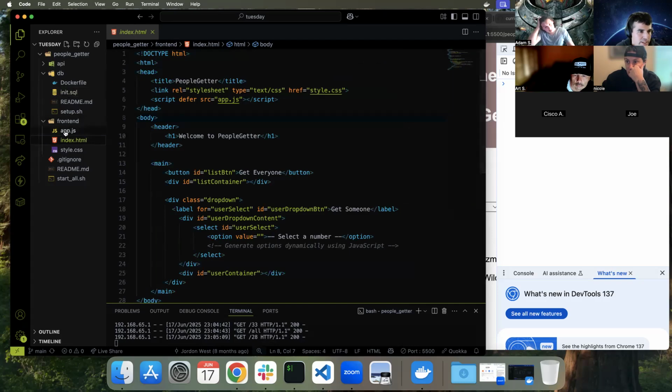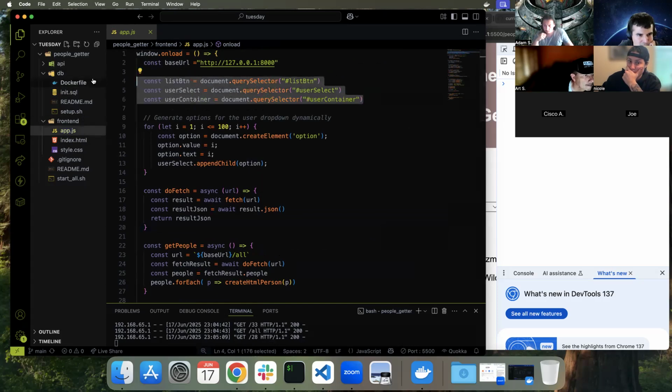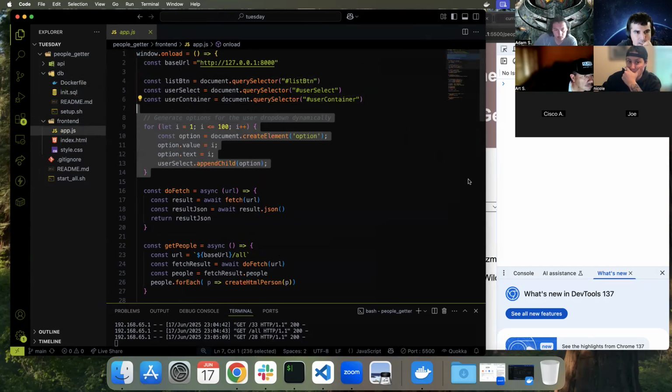Then I'm using this front end. Let's look at the app.js. I open it with live server, and these are just query selectors grabbing all the buttons. And what is this right here? That's creating an option element, an HTML element, and inserting the values, the text, and appending it to